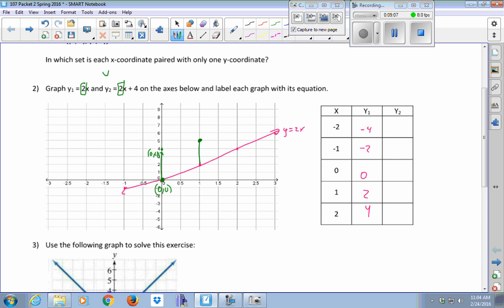Because look, do you agree that I could write y2 like this? y1 plus 4? Does everybody see what I did? I just substituted. 2x is the same thing as y1. So to make y2, it's y1, whatever I get, and I add 4 to it. So everything here looks identical,